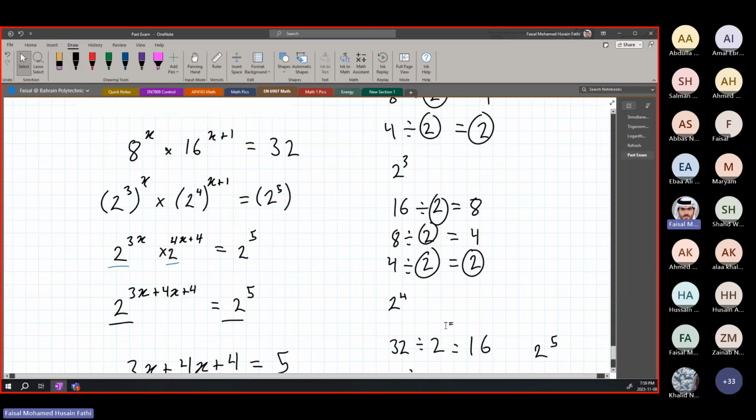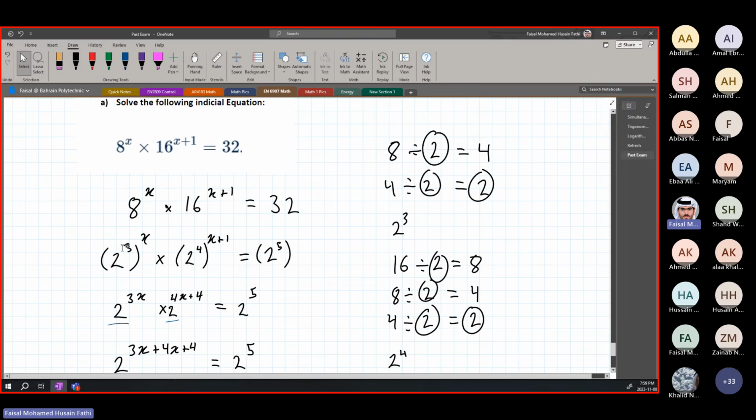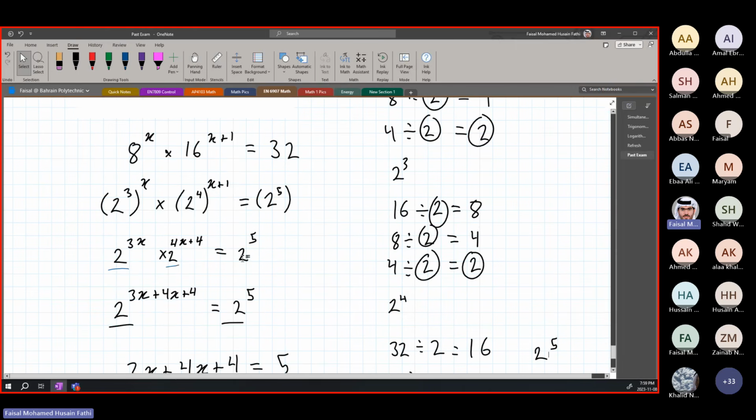Okay, this is how you do the first step, so that you can find that this is 2 to the power of 3, this is 2 to the power of 4, and 2 to the power of 5. The idea is we want the same base number. All right? Why do we want the same base number? Because we want to simplify the exponential. We cannot change anything in it if we don't have the same bases. All right?